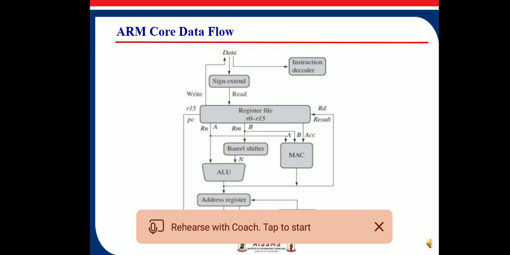ARM 7 cores are very small. Typically, they occupy a few square millimeters of chip area. So it is a very small chip area. With advances in modern VLSI technology, it becomes possible to build additional system components such as cache memory, memory management unit, or application specific hardware on the same chip. Application specific hardware may include signal processing hardware or further ARM processor cores.